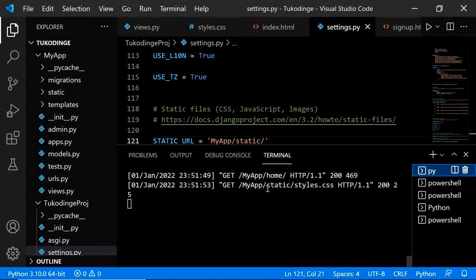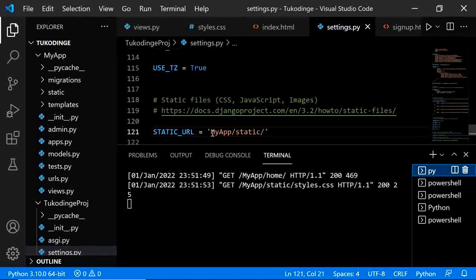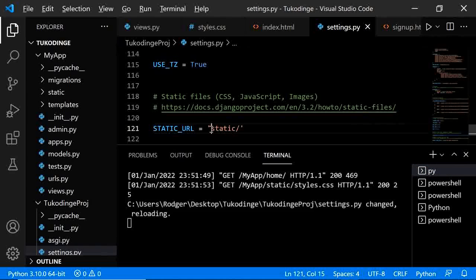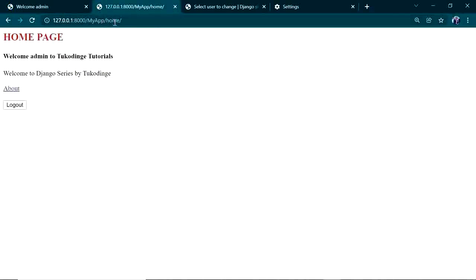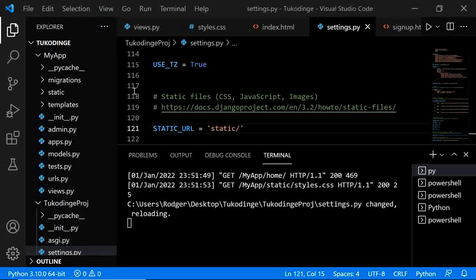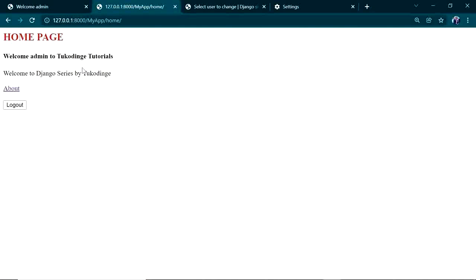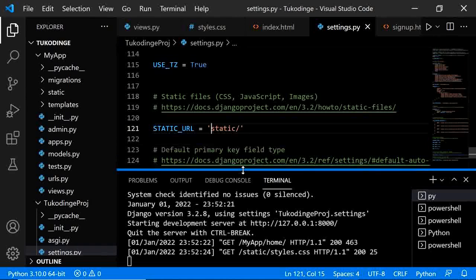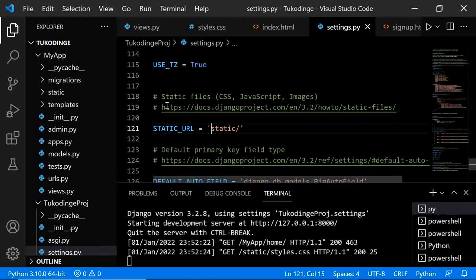Okay, it can't find my app static file.css. Right, it can't find this my app. Let's remove it. I think it was just still refreshing. So now it can see the CSS of our project. Okay, so here sometimes it misbehaves, and when it does that on production, you just specify the